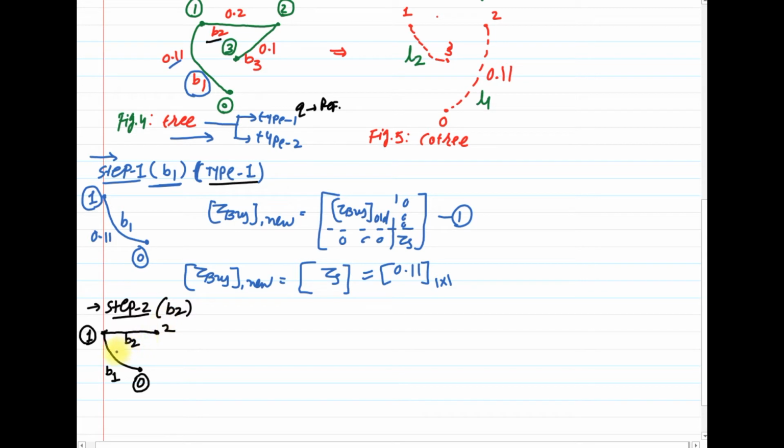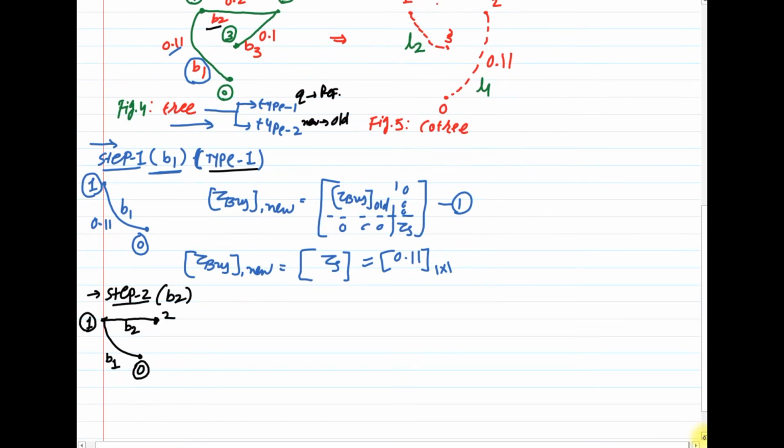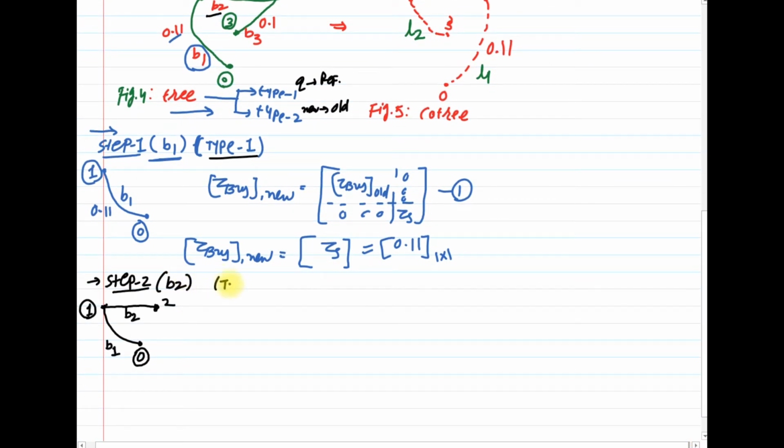But here the case is different, where the new bus is connected on the previously available old bus, bus number 1. So it is a type 2 modification, where the new bus is added on an old bus. So I can write here for the element number 2 or B2, the type 2 modification is applied, and the type 2 modification is